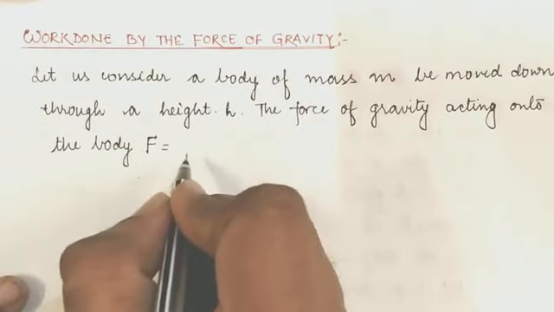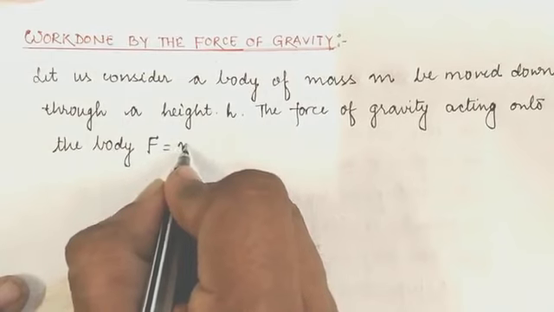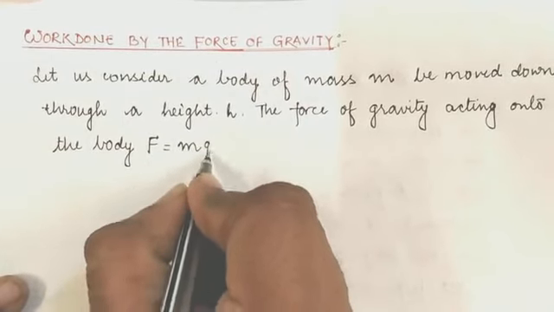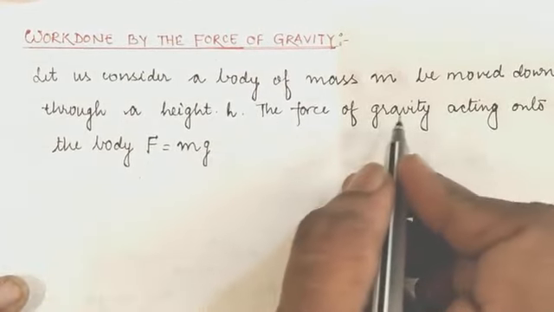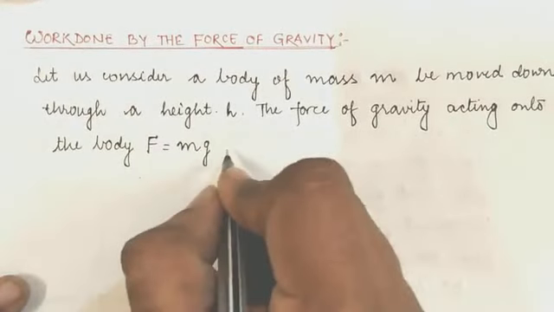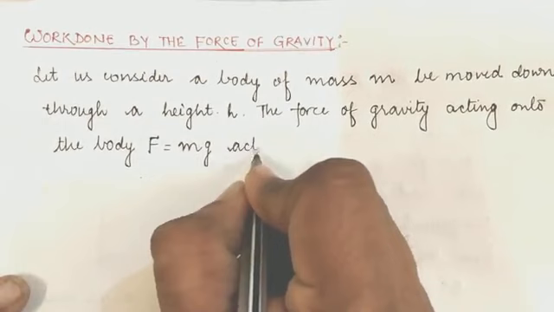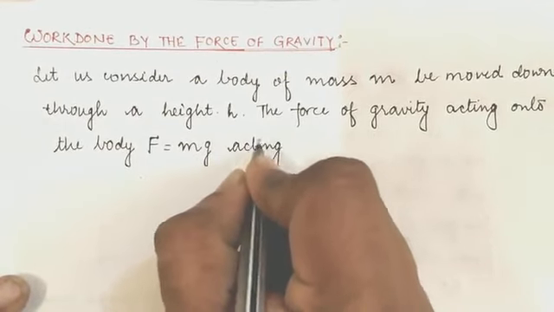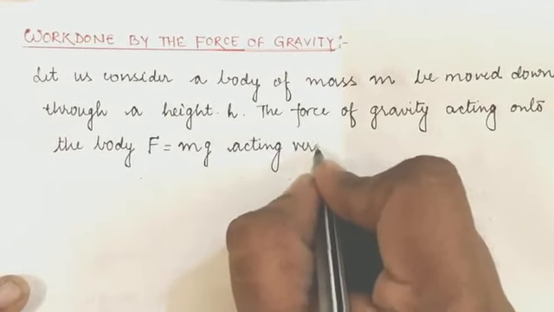Here acceleration is due to the gravity, so it can be written as m into g. So the force of the gravity acting onto the body will be m into g, acting vertically downwards,